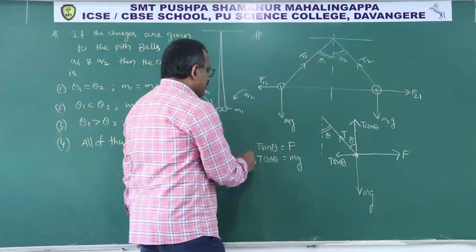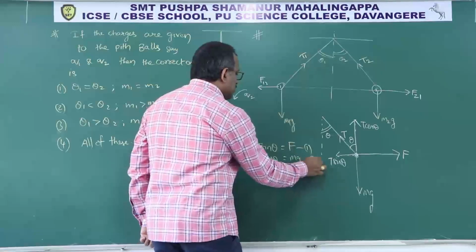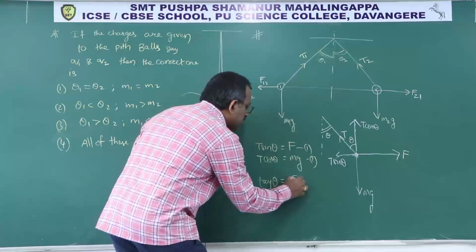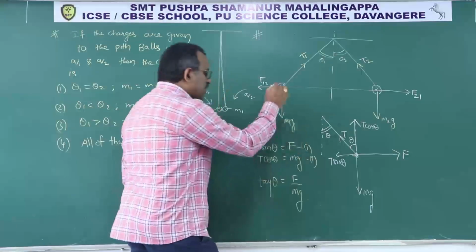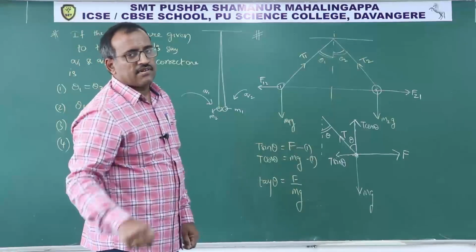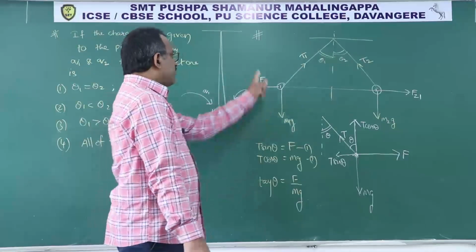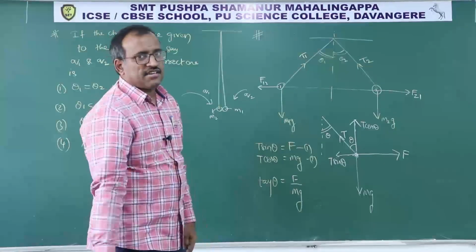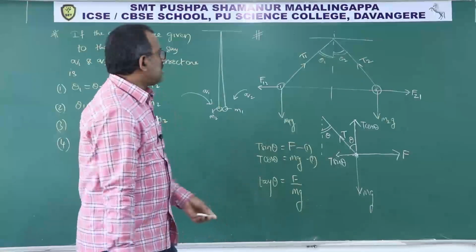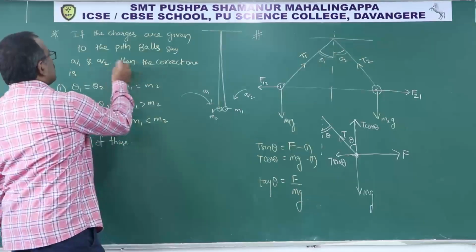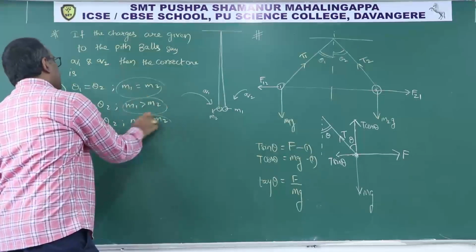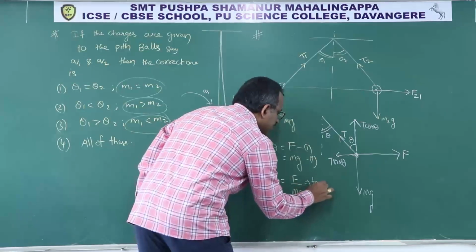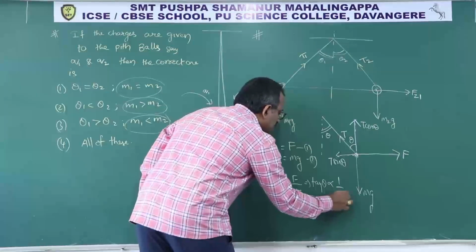Now if I divide equation 1 by equation 2, I will get tan theta is equal to F by mg, and my goodness, F is constant, because for every action there is equal and opposite reaction. G is constant at the given place, only the masses are varying in the question. You can see everywhere masses are varying. So I can say that tan theta is inversely proportional to mass.